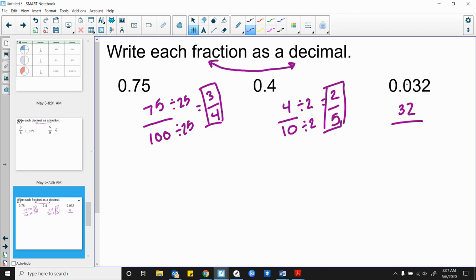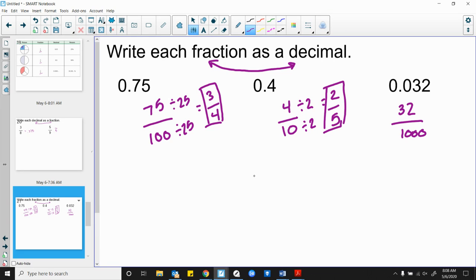And then now this is the tenths, this is the hundredths, and this is the thousandths place. So we want to put divided by 1,000. Now, I talk to students all the time, and they're like, well, Mr. Spottelson, what if I don't know the GCF? I can't find the GCF of 32 and 1,000 really easily. Yeah, I kind of agree with you. We could find it pretty easily, but if you don't want to do that, you can always just divide by